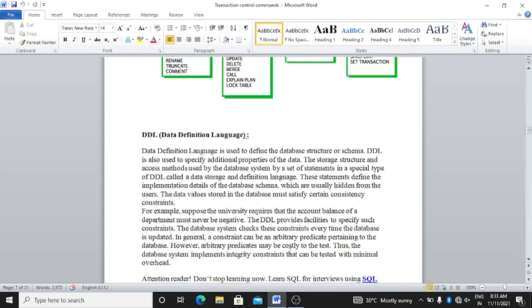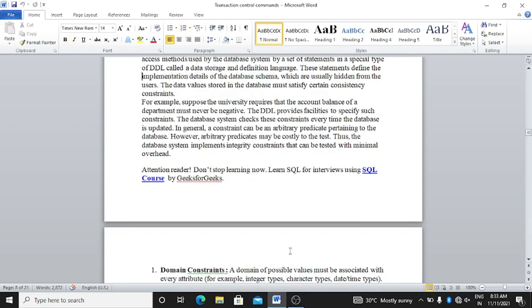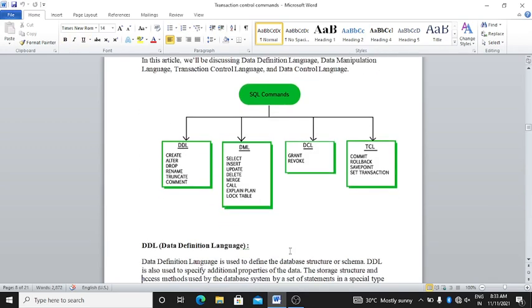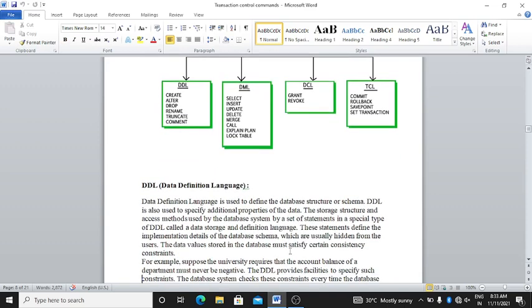First is DDL, meaning data definition language. Data definition language is used to define the database structure or schema.